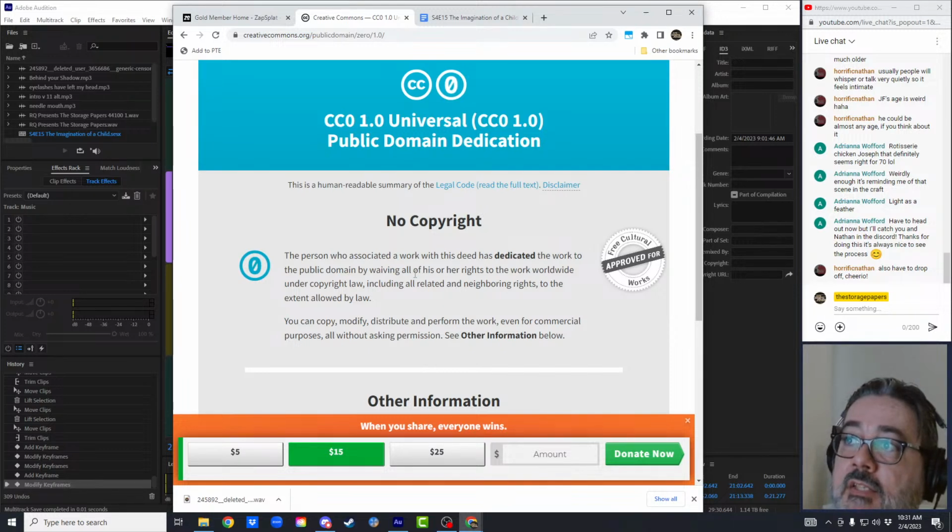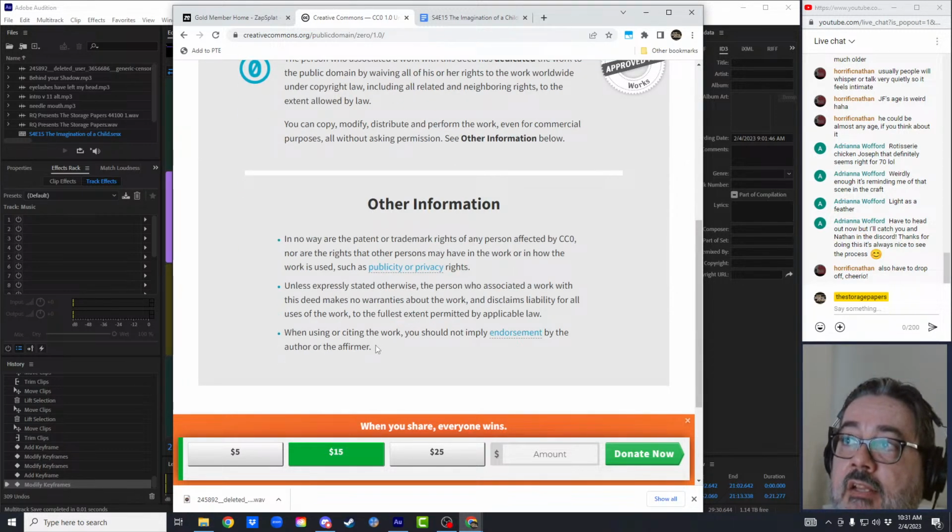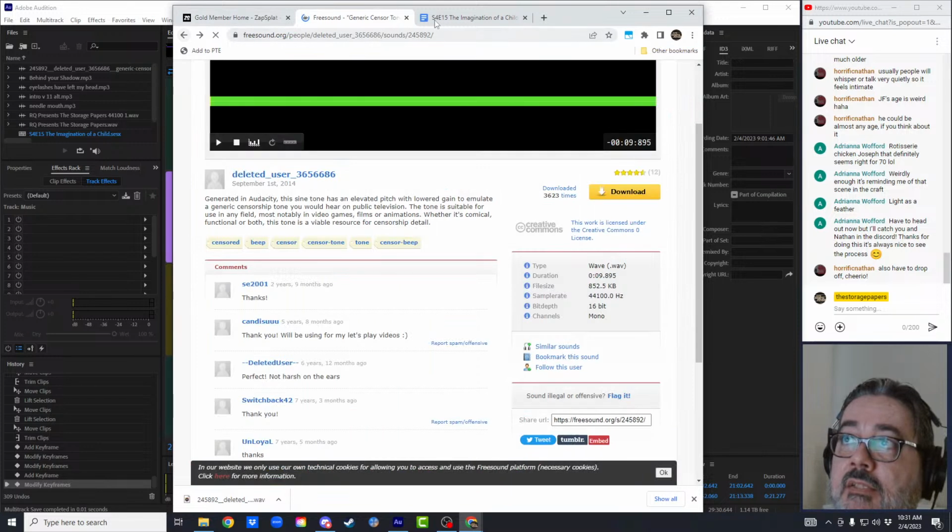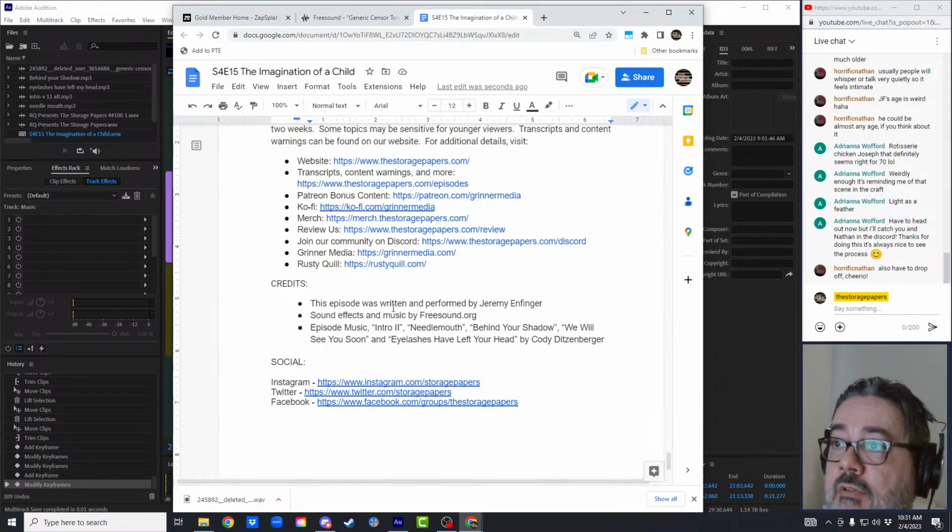They're waiving their rights under law. I don't even have to mention that here, but I like to do that anyways in the show notes, freesound.org, just so people know where I get it. And the only thing I used was that one little file that was like a censorship beep.